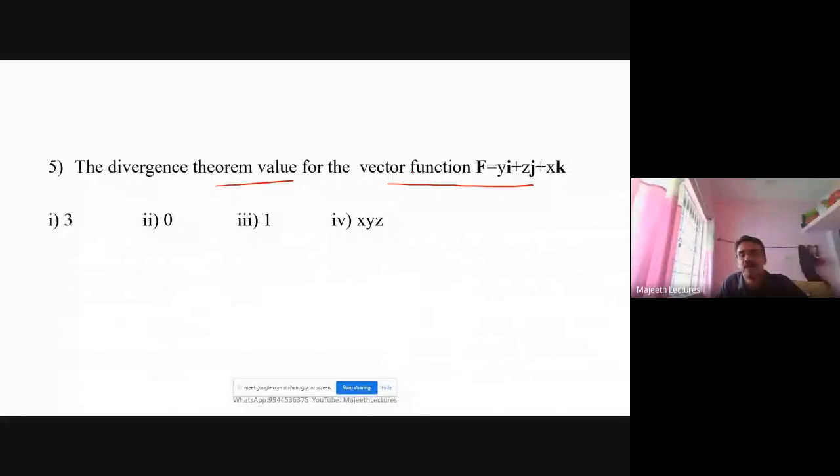So if you solve by using mathematics, it is a 16-mark question because you have to prove the left hand side and the volume integral, right hand side. But I told one shortcut. Here the vector is in the i direction, the component is in the j direction. Here the vector is in the j direction, the component is in the k direction. Here the vector is in the k direction, the component is in the i direction. That is, vector and component are orthogonal. If vector and component are orthogonal, divergence is 0, I told already.